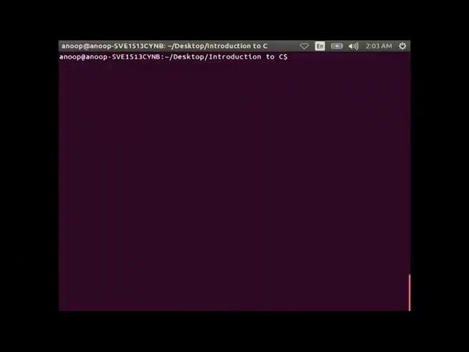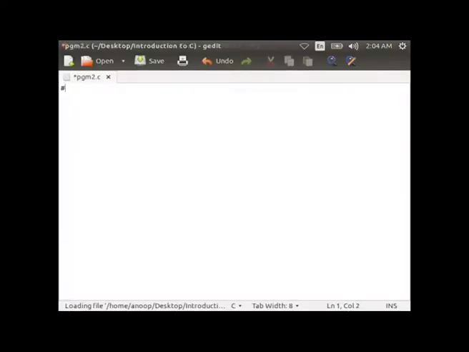Now, let us type this program and compile and run for the result. #include <stdio.h>. Then you can start the main function, void main, within curly braces.